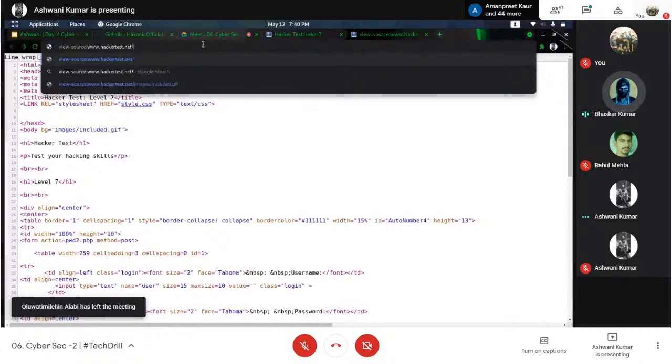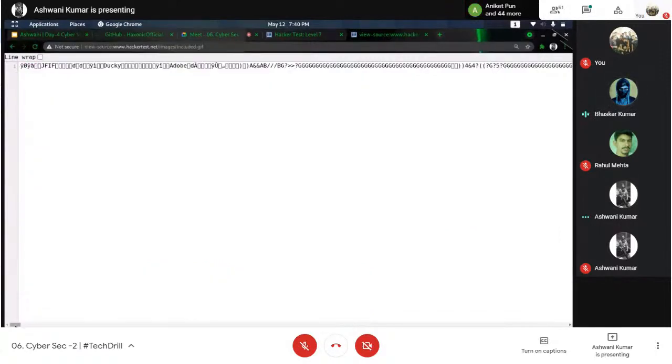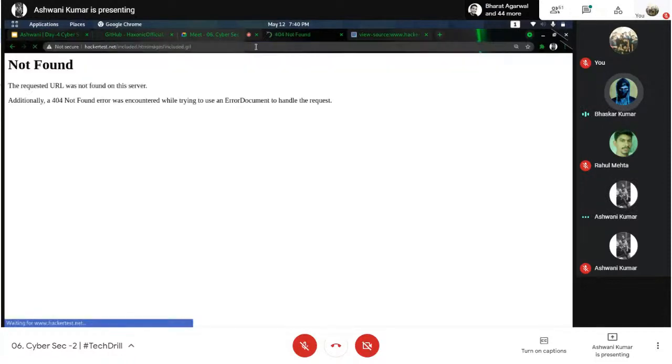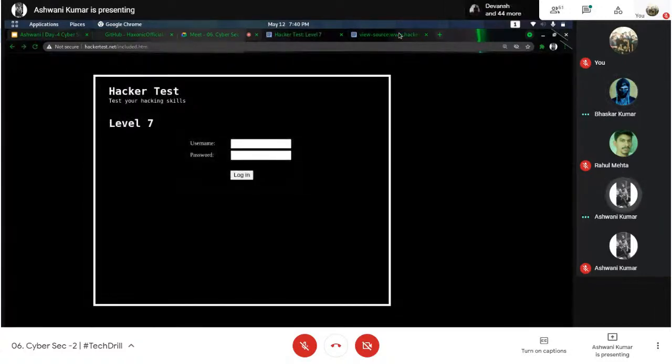Images slash include dot gif, the strings of that image. Just try to give it as GIF. It's up to the browser to render it or not. Sometimes it happens. I was getting that image before.